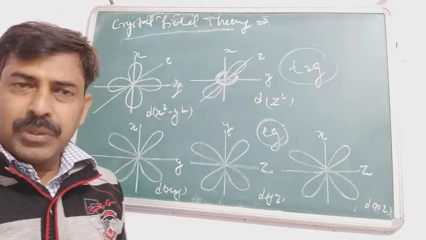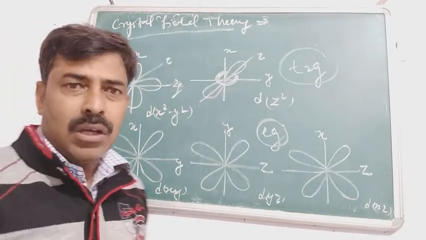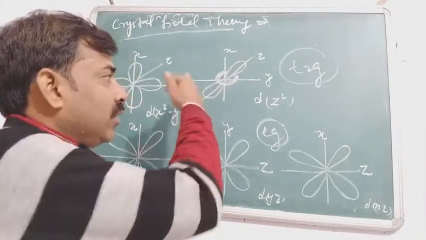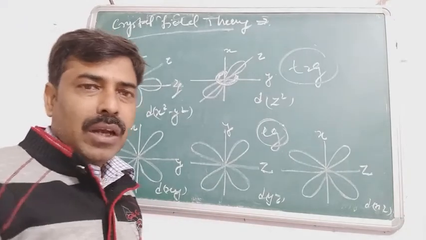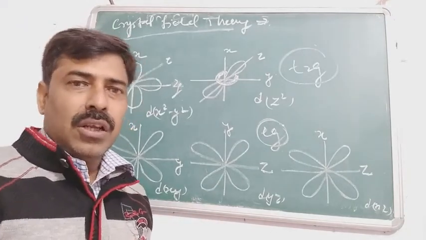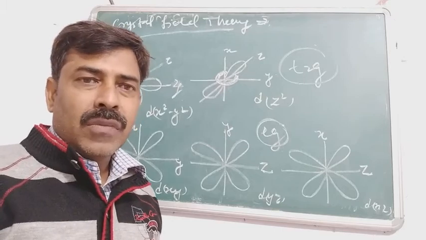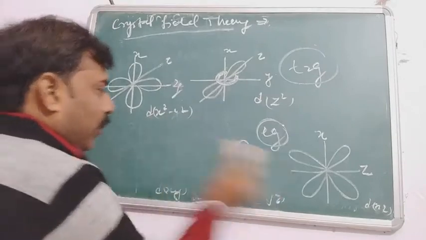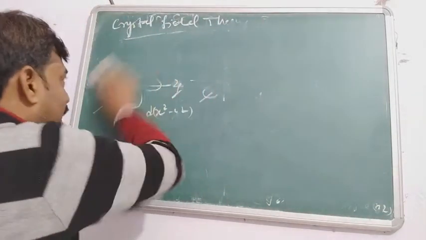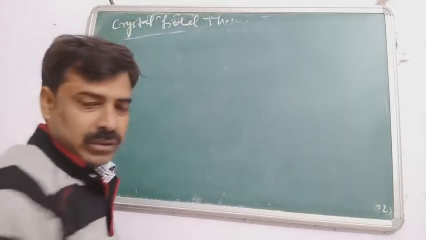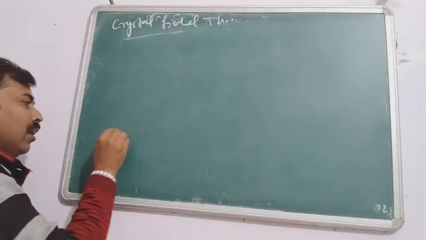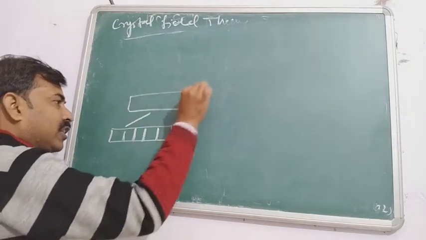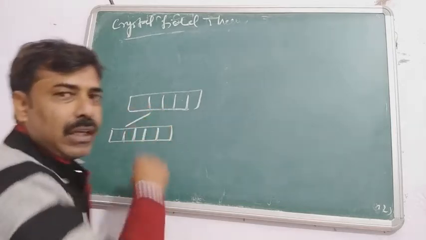So on the basis of these two, the d orbitals are divided into two parts, the Eg and T2g, the equatorial and the axial one, and this is the reason for the crystal field theory. Now we are going to see how the crystal field theory works. Crystal field theory works on the basis of the splitting of the orbitals. What happens when the ligand approaches the system? This is the d orbital in the ground state and this one is in the excited state.